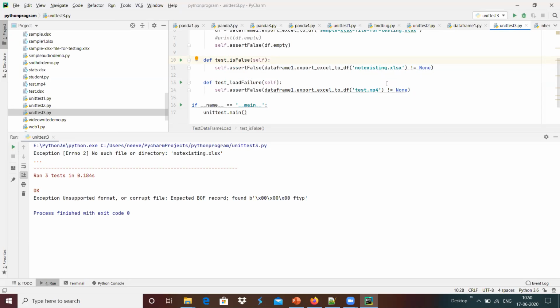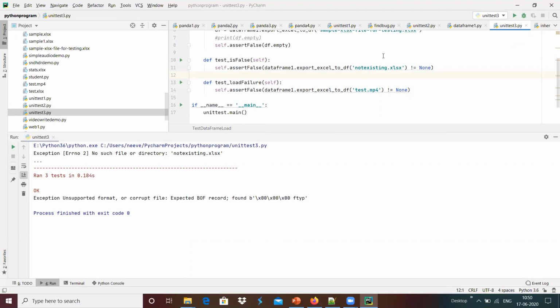We are trying to load an MP4 video into it, and it is not able to do that. It just throws an exception, and we are getting a none output, and this has been validated over here. These are all the three test cases we have done, and we were able to execute the three test cases.